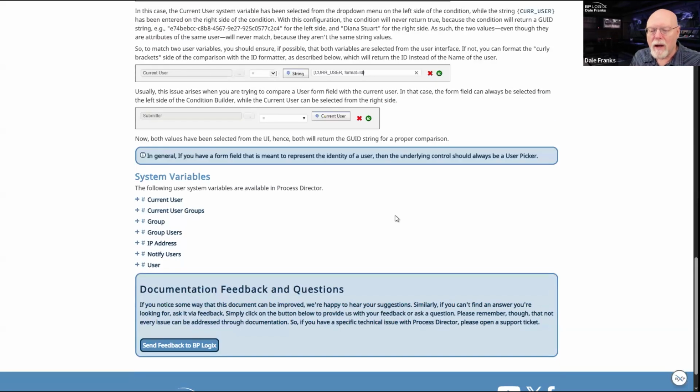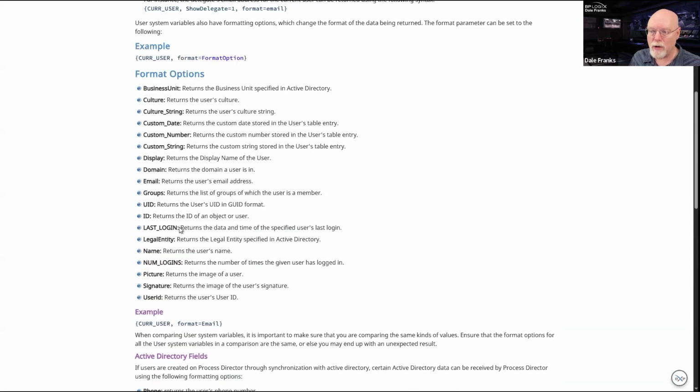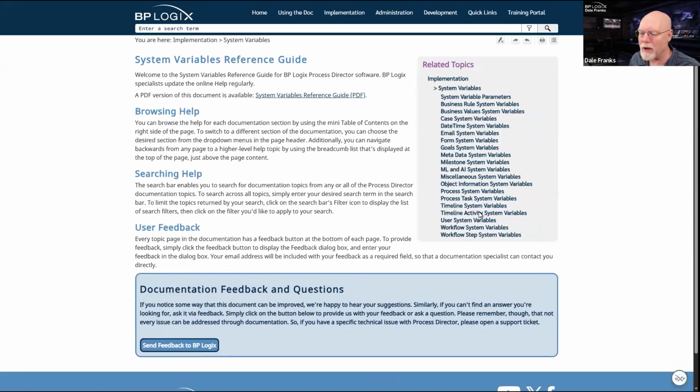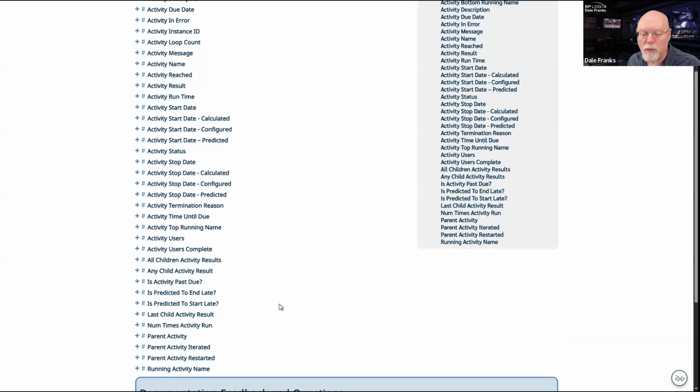So, when you use any sort of user system variable, we have these generic system variables here, like current user. We also have system variables elsewhere that return users. For example, any of your activity user system variables. So if we go to timeline activity system variables, active activity users, activity users complete, all of them return Process Director users. When you return a Process Director user, you're not really just returning a piece of text for that user.